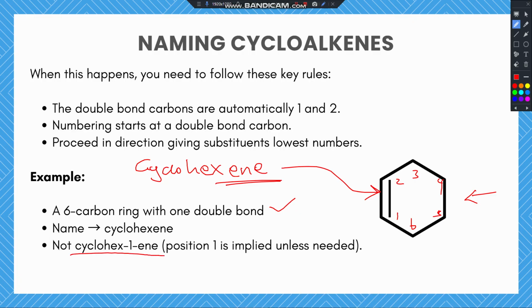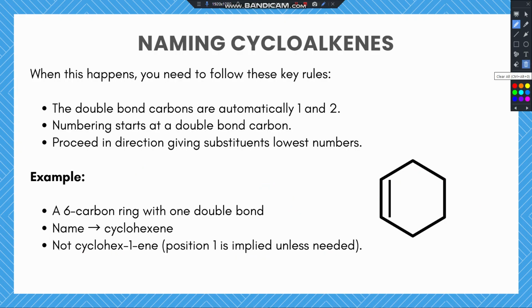If it is just one double bond present without any branch, what it simply means is that the position 1 is implied. It is already known that the position of the double bond is on carbon number 1 unless it is needed. I'm sure you can see how this is being carried out, and I'm sure you're getting value for